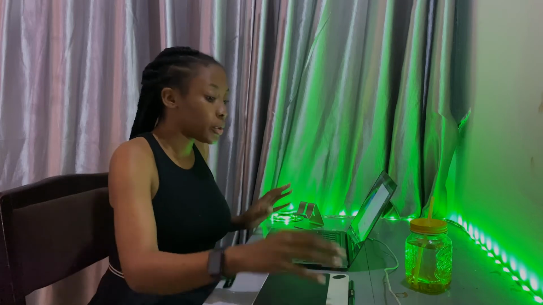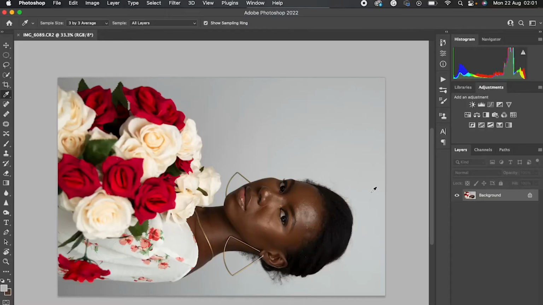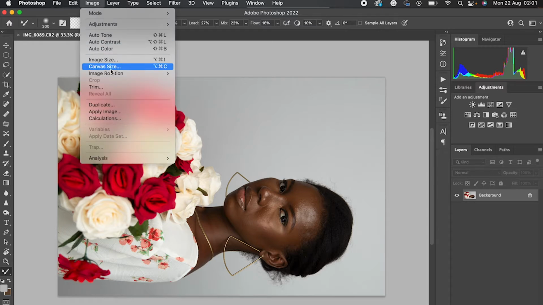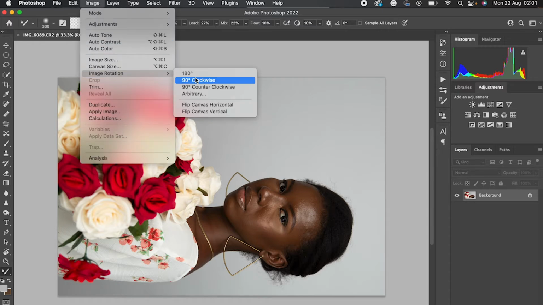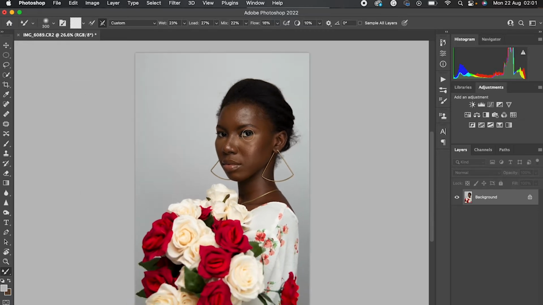So today we're going to be retouching this picture. Okay, so I want to start with flipping the image, which normally what I would do is go to image, image rotation, and then we can flip that 90 degrees clockwise or counterclockwise. But what I want to do is do it counterclockwise, and then we have our image straight up right here. I would still do a little bit of straightening out with the image later on, but okay, so what I like to do to start with is